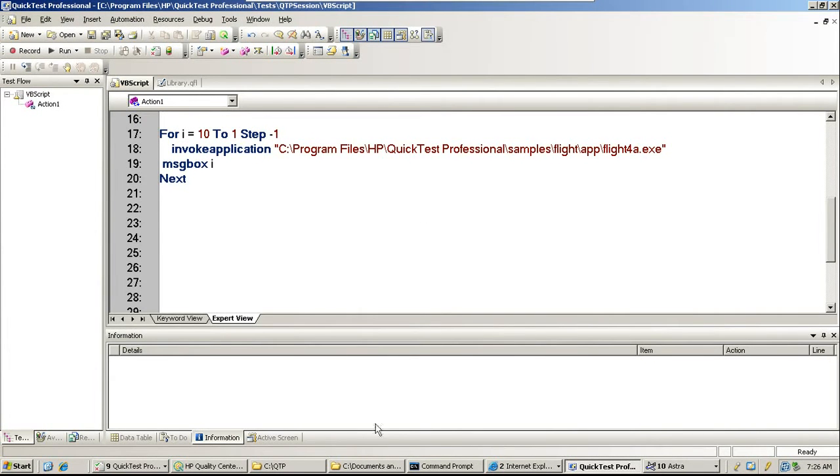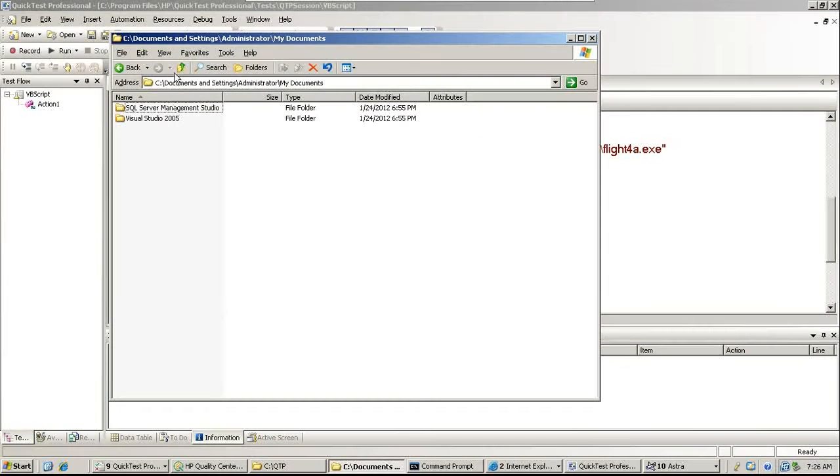Now let us take a look at the while loop also. So while loop,